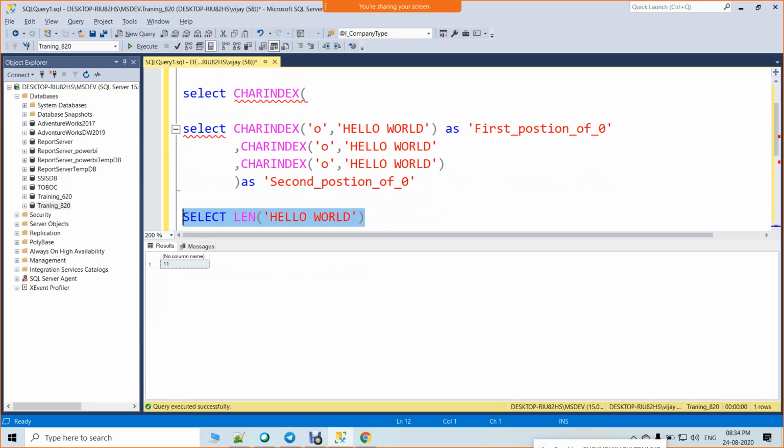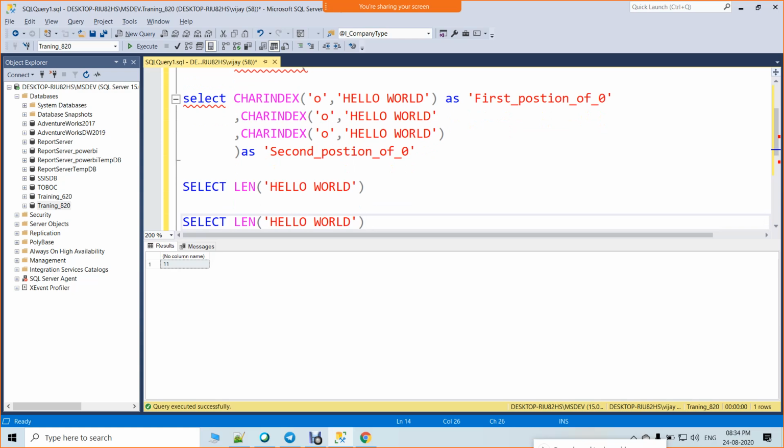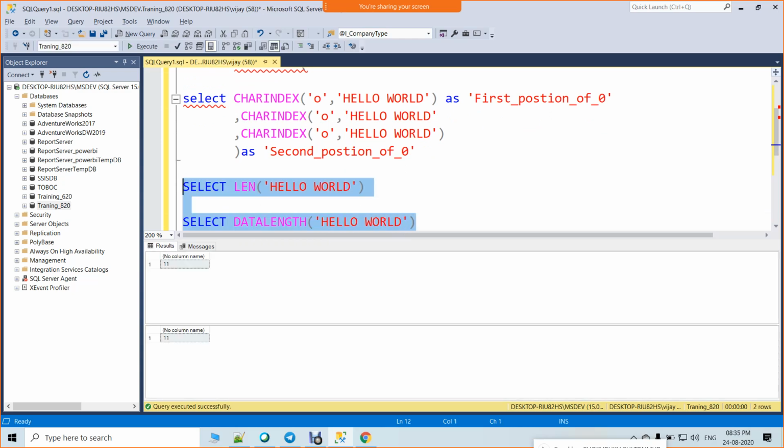Now the difference between DATALENGTH and LEN, this is one of the interview questions. What is data length here? We talk about data length, right? Here data length and length both are the same because data length is one character, one byte.